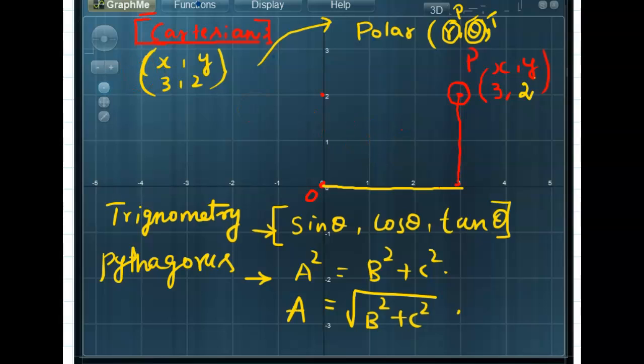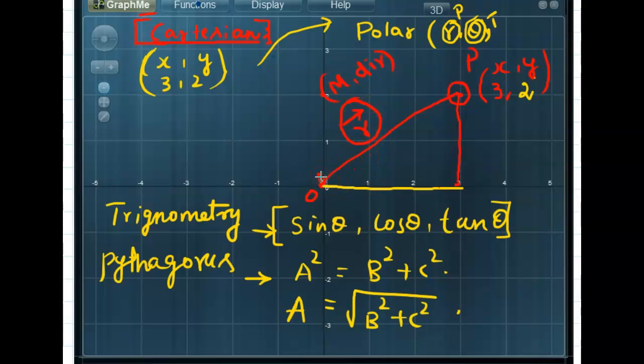So how am I going to execute this problem? First I have to connect according to the polar coordinate system. I told you if you want to reach the point P, the location, I have to draw a line from the starting to the ending point. So this line is known as the position vector, r vector. R vector means it has the magnitude and the direction. So it is a vector quantity because it has direction and magnitude.